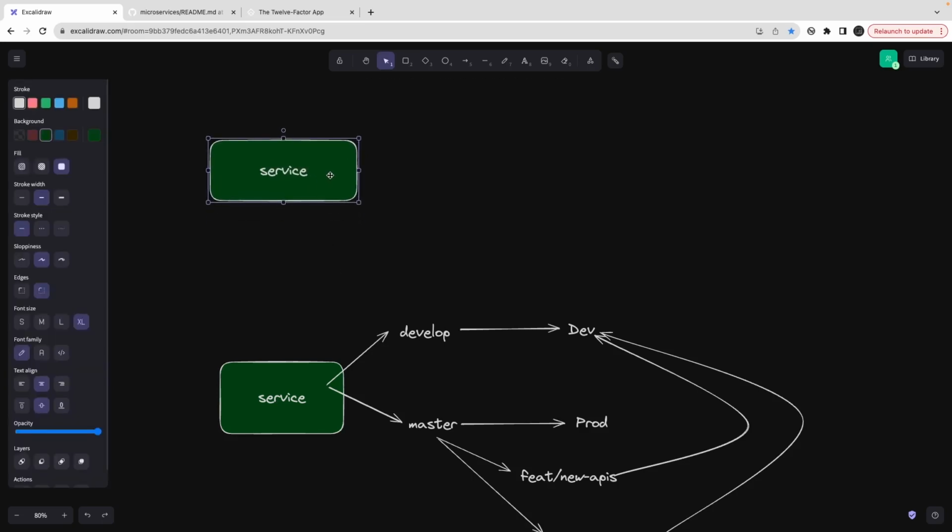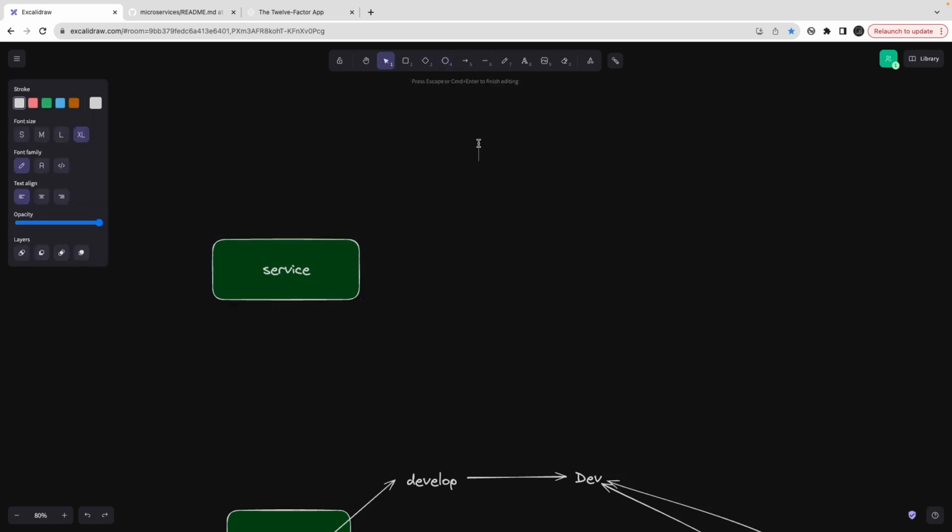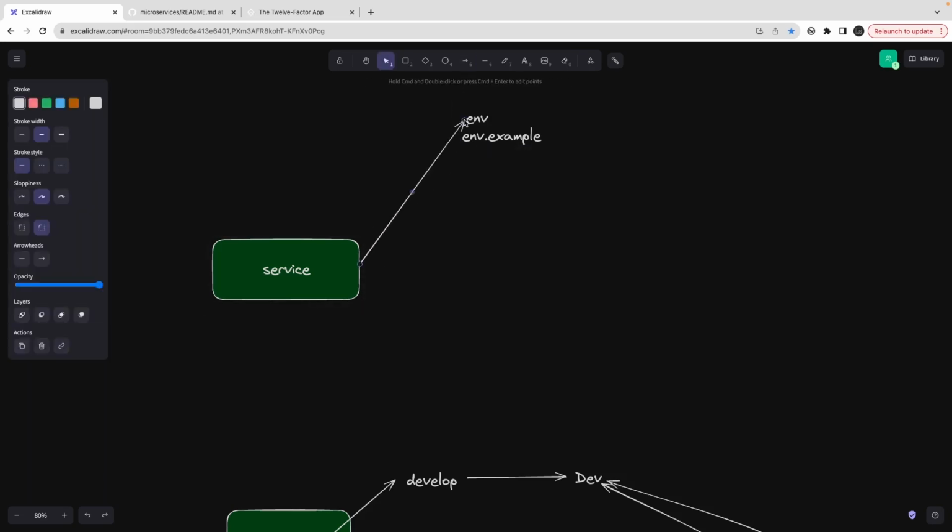If I want to develop this service locally, we just have a .env, and most of the time we have an env.example file. This is the same for any other programming language also, the runtime environments. I need a database URL, or maybe some access key and secret key, like the AWS access key and secret key for the backend APIs. So we just manage them through the .env file, and we use this particular package,